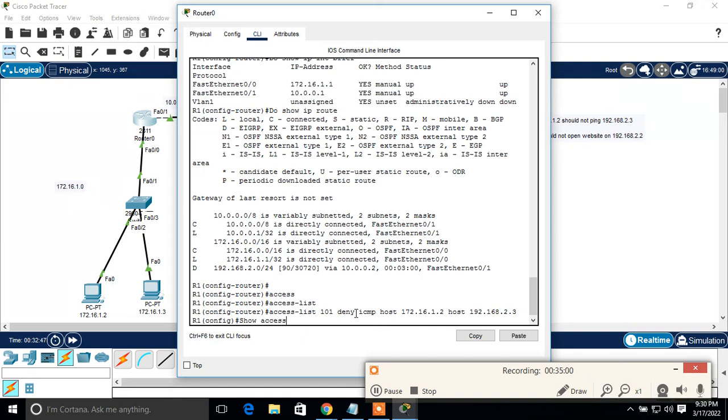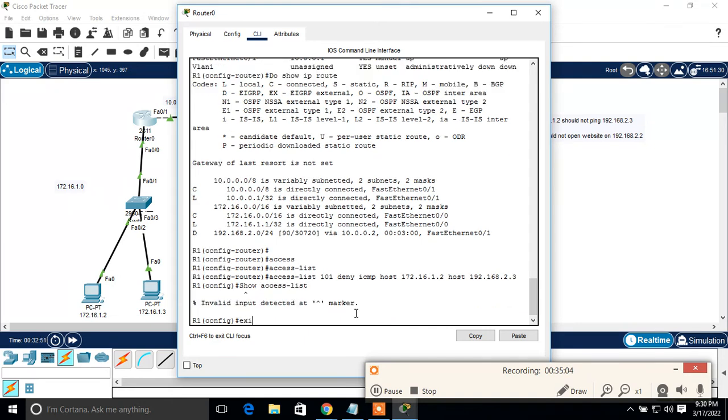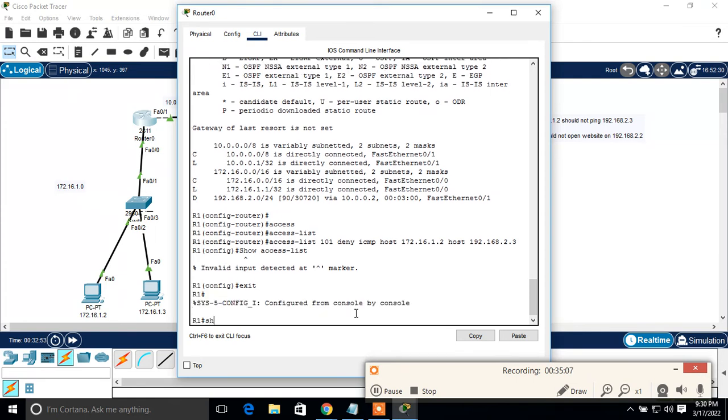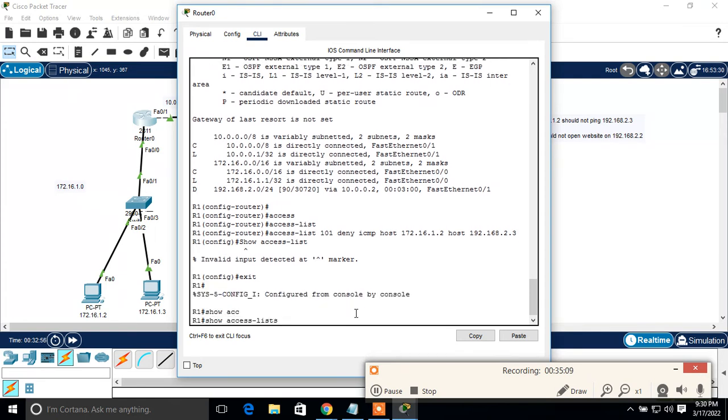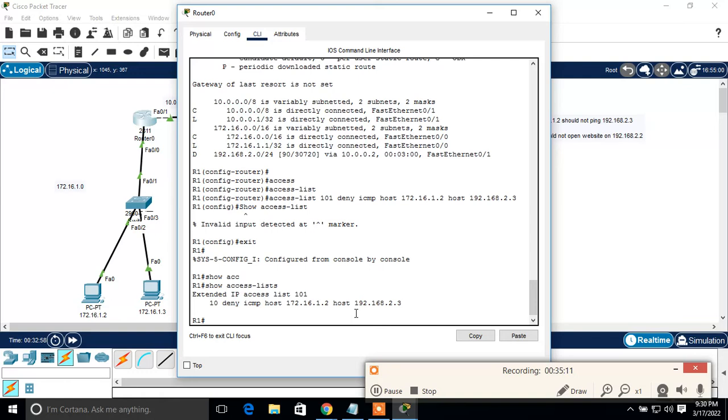Show access list. One second, guys. Show access list. As you can see, this access list has been created, and by default it has taken the number as 10. Now what we are going to do, because whenever we create the access list, by default it is deny only, so it is going to block everything. So we just need to